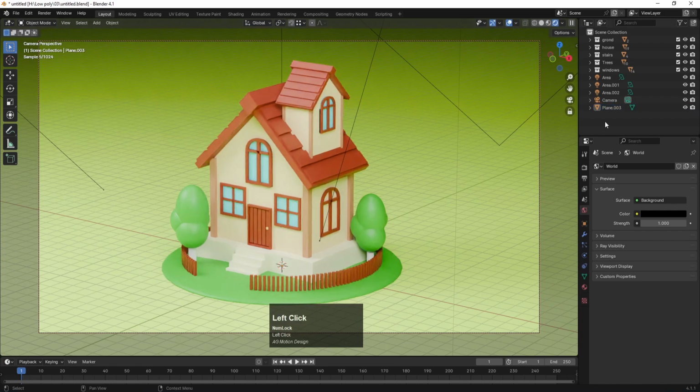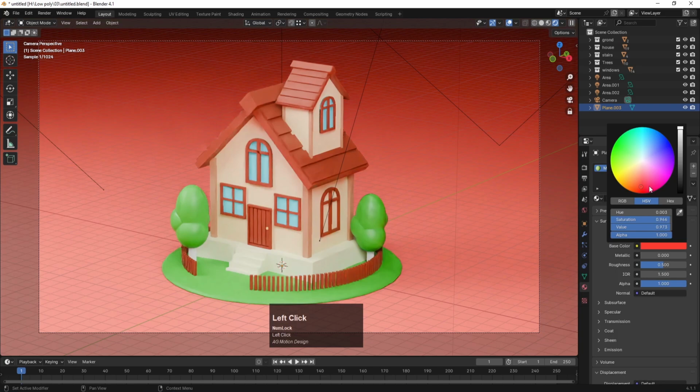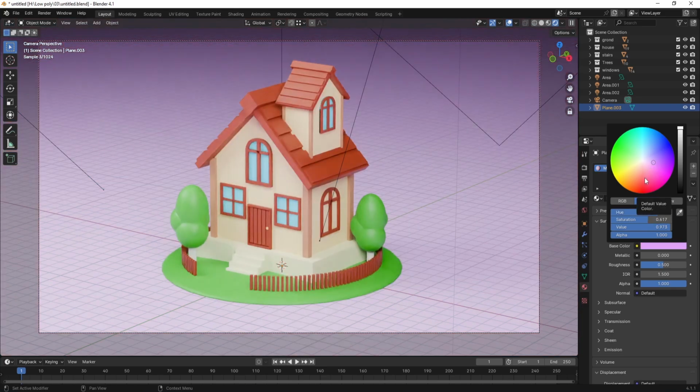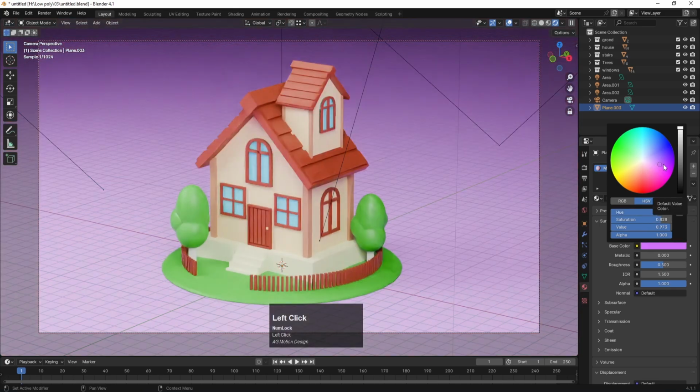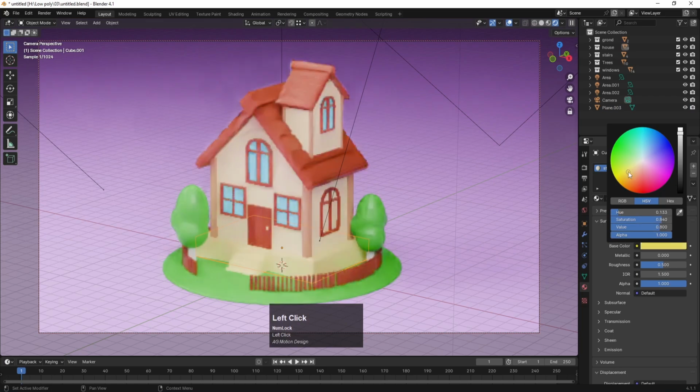Okay, like this. Now you can change this one over here, like this plane over here. If you want to change the material, you can do that as well. Like you can select this one over here like this. You can try to check out different colors. I think this one looks good to me, so I'll stick with this one over here. And for this color, I think if I choose,